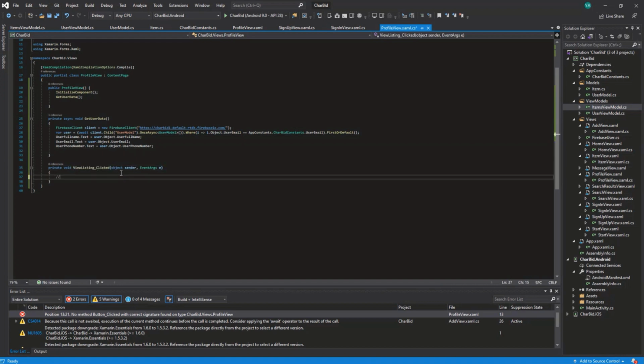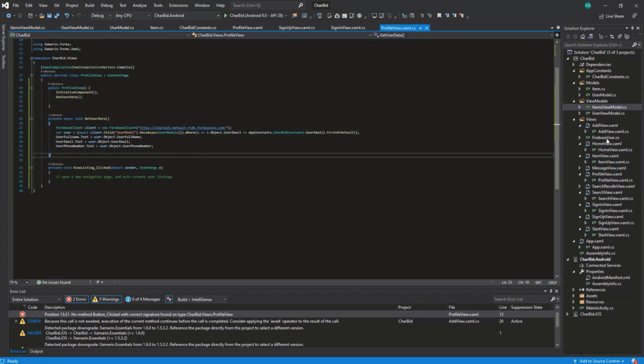So this will open a new navigation page and show the user listings. So what I'm thinking we should do is, every time you send a listing,